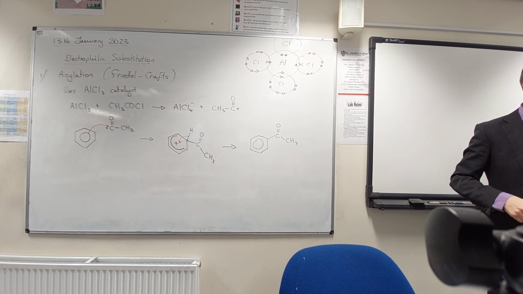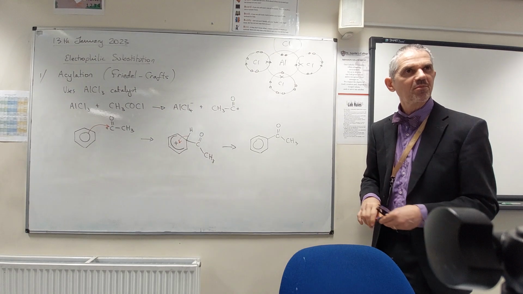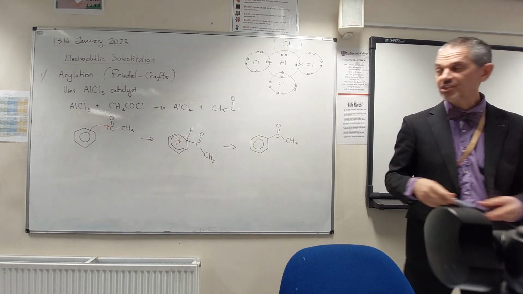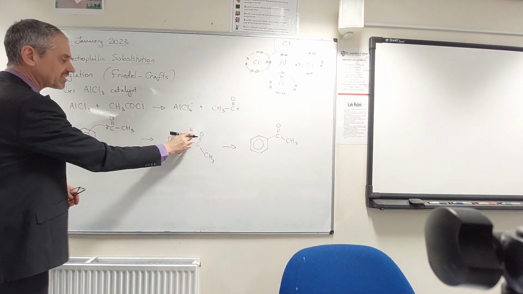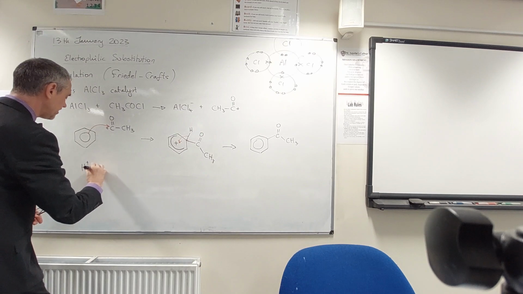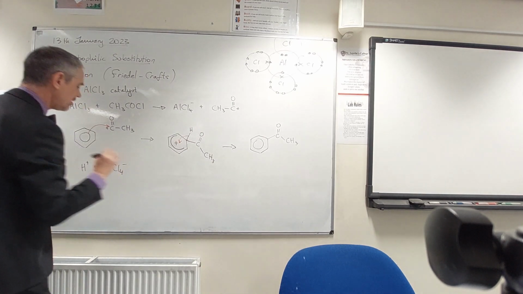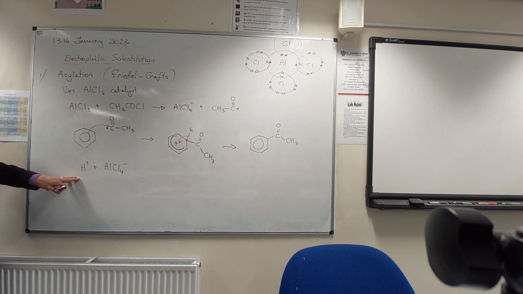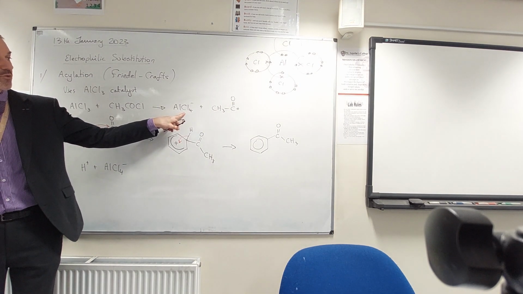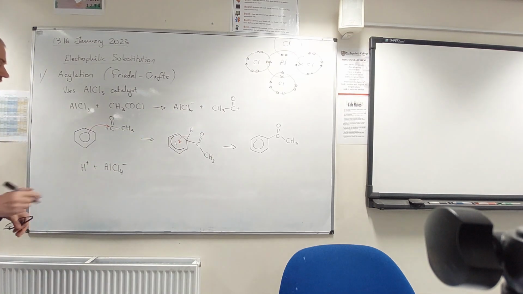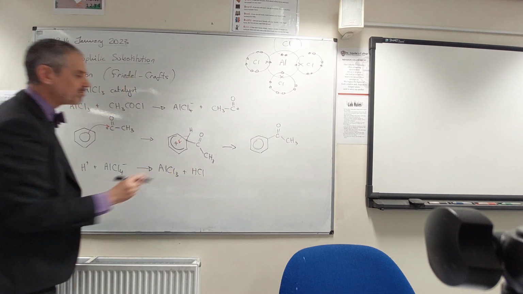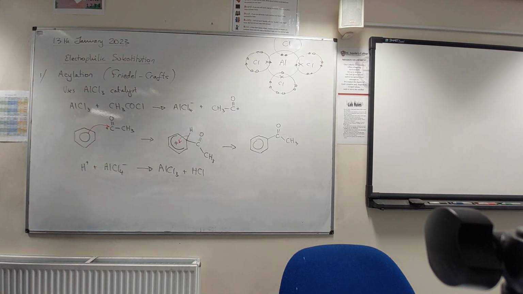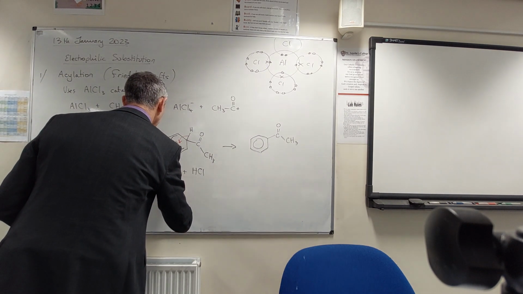What's the last bit? What was the last bit last time? Regeneration. The catalyst. Regenerating the catalyst. So obviously this reaction releases an H+. There it is. That H has been released as an H+. This time we need that H+ to react with our AlCl4-. Do you remember that was the product in the electrophile forming stage? So we've now got AlCl3 back again, and we'll make a bit of spare HCl. Regenerate